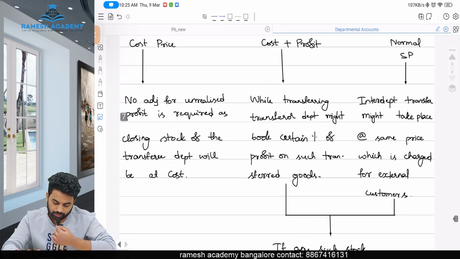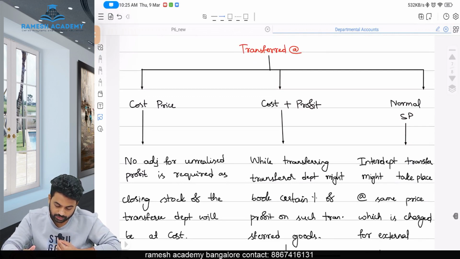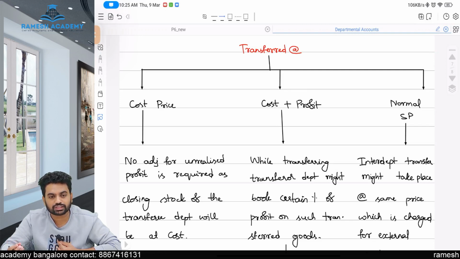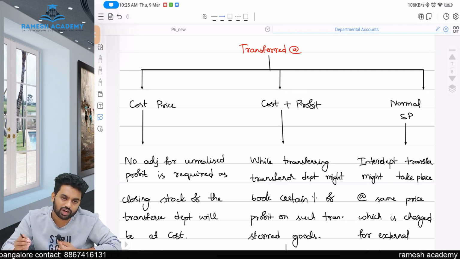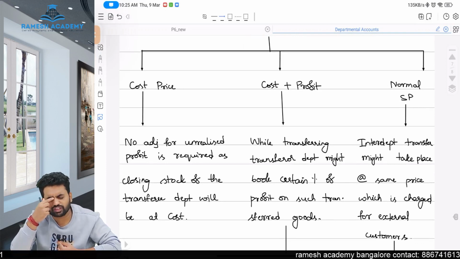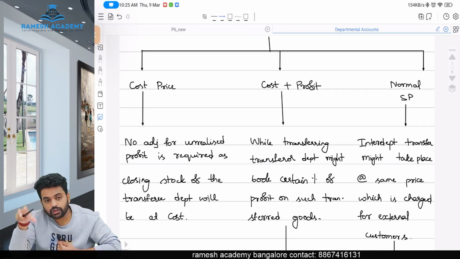I wrote a bit of notes. See here: transferred at cost price, cost plus profit, normal selling price. If it is sent at cost price, no adjustment will be done for unrealized profit, as there is no unrealized profit itself, because whatever closing stock is available in the transferee department is at cost price only. But when it comes to cost plus profit, a certain portion of profit element will be kept by the transferor department. But from the broader point of view, that is, from the organization's point of view, if we look,